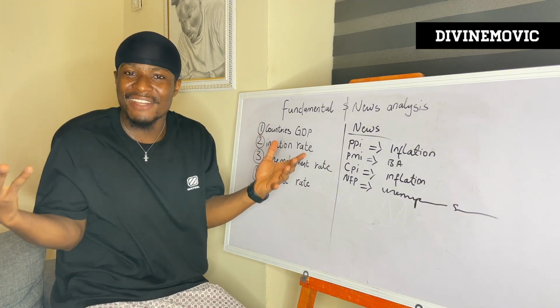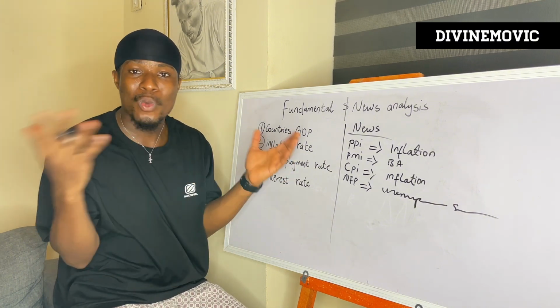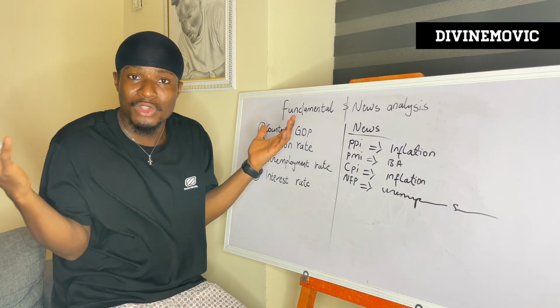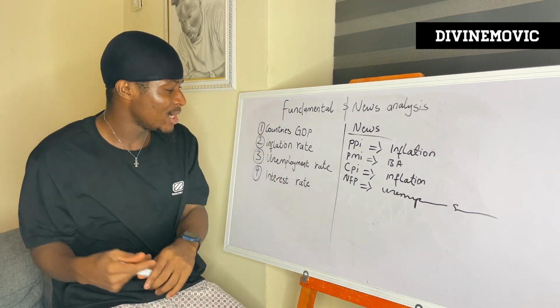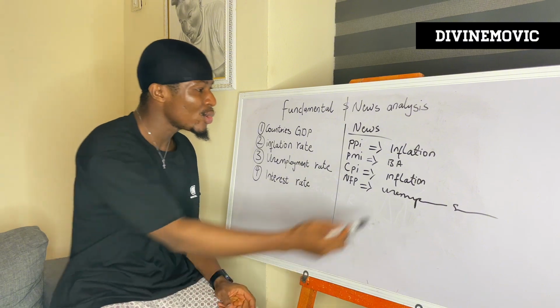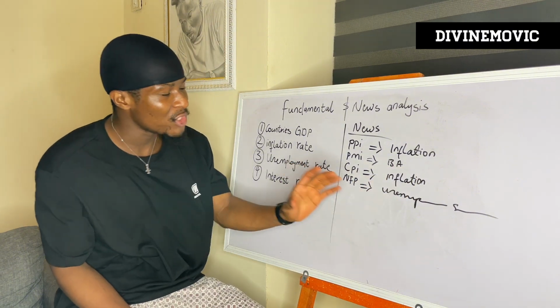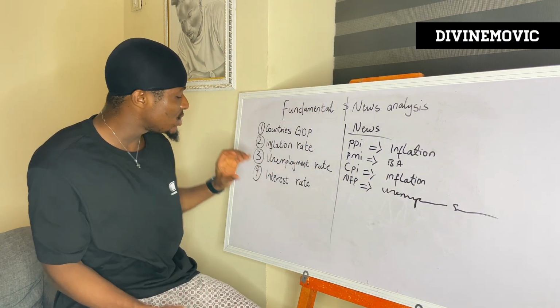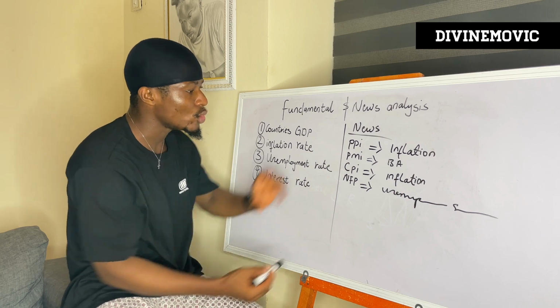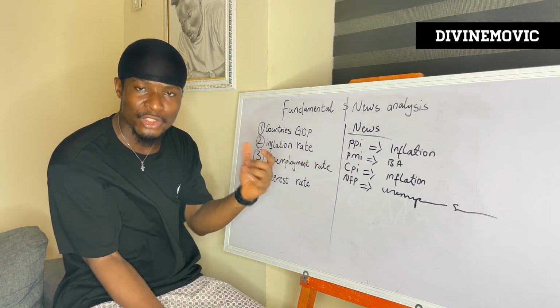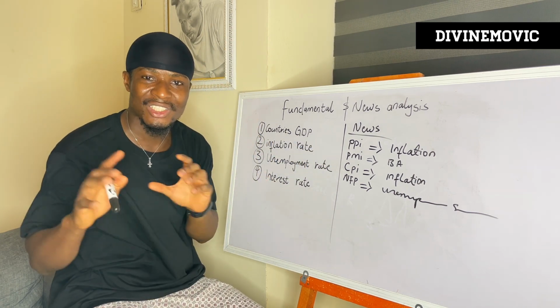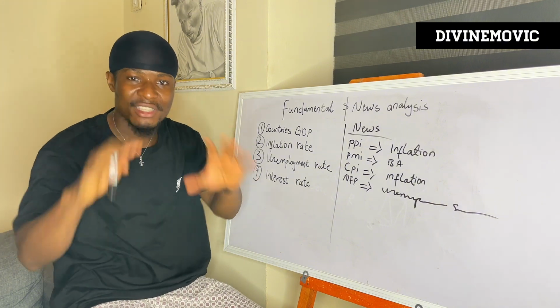Maybe the government or the Federal Reserve can just choose to make a meeting and say we're increasing the interest rate today. They're in charge and they know what they're doing. Basically, the interest rate is used to control inflation. That means if the inflation rate is very high, they tend to use interest rate to control it and maybe decrease or increase the inflation rate in the country so that the economy is going to be very stable.